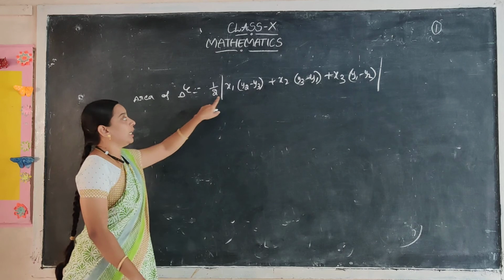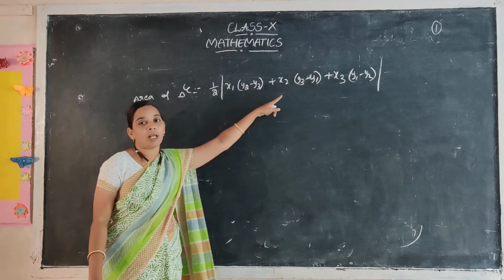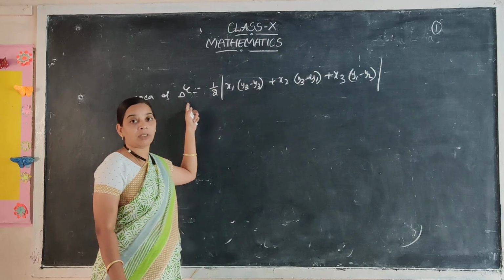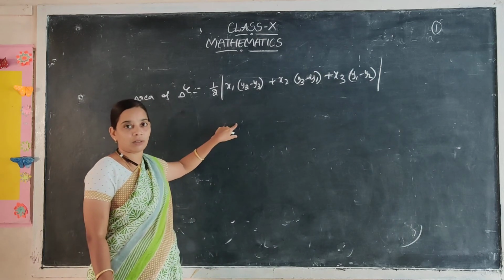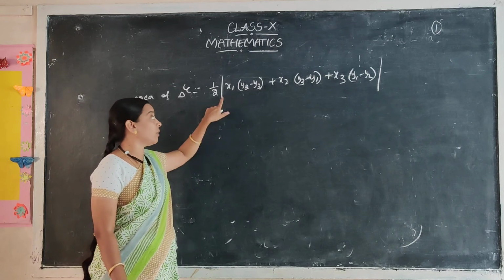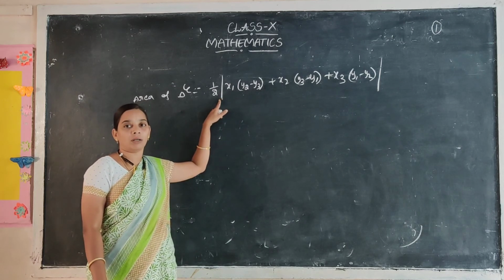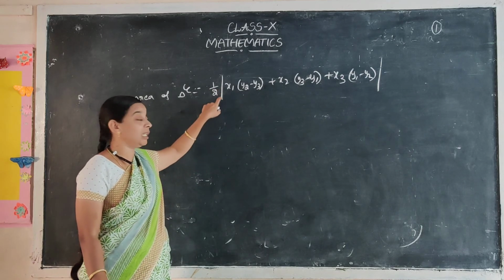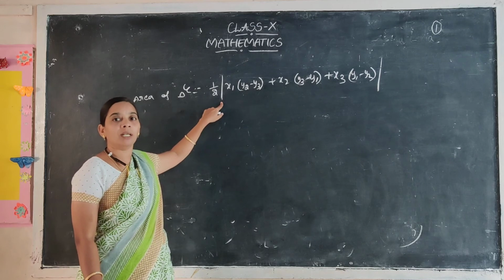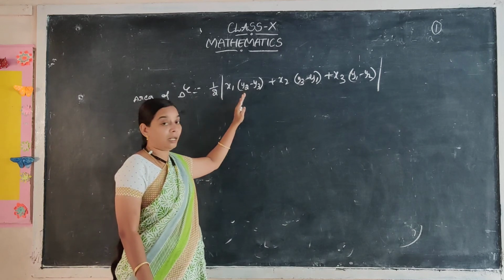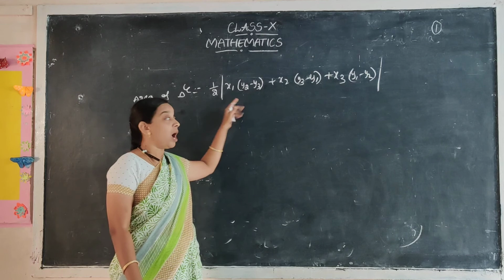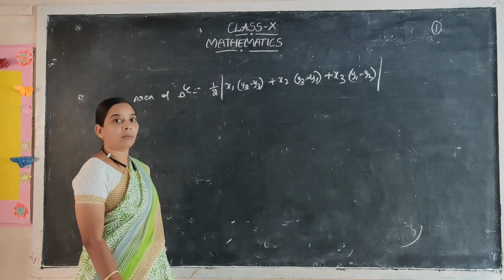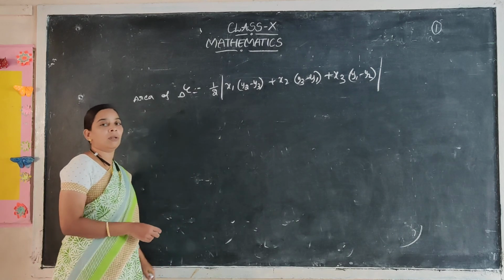Next, det means by calculating all these values, suppose you get a negative answer, but areas are measured only in positive values, no? Negative values are not possible. So for that sake only you have to use this mod, modulus or det value or absolute value. Because the meaning is the det value is never negative. Inside the det, suppose you get a negative value, after removing this det you have to write positive only.